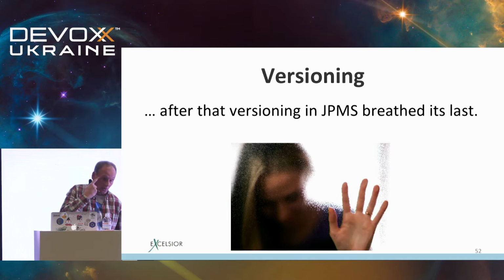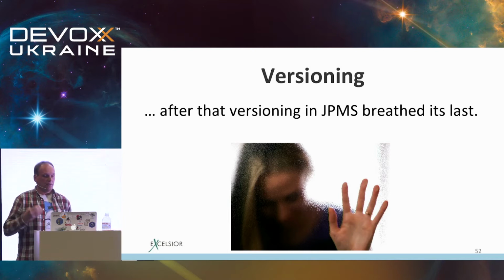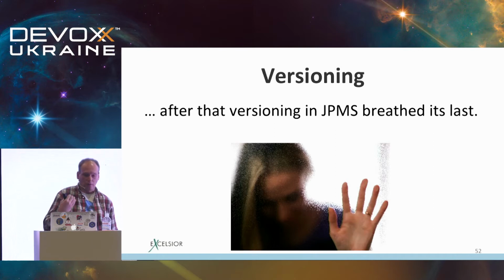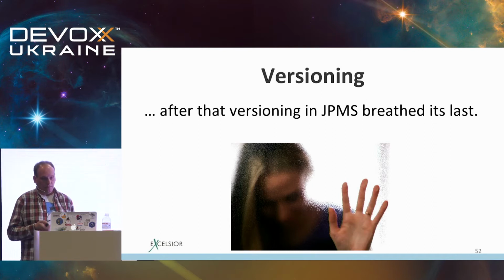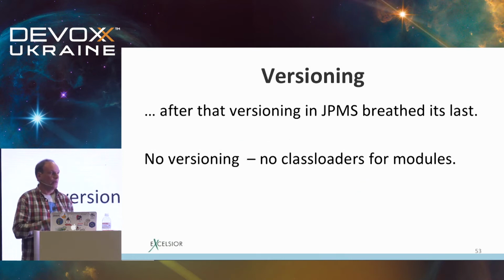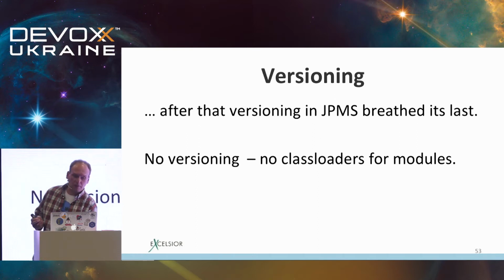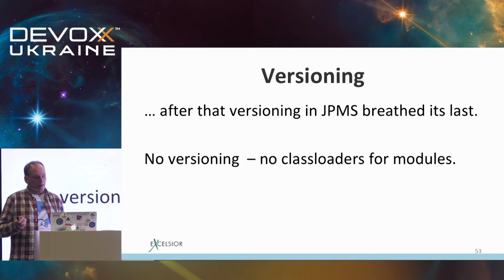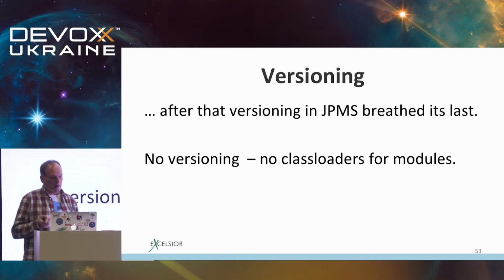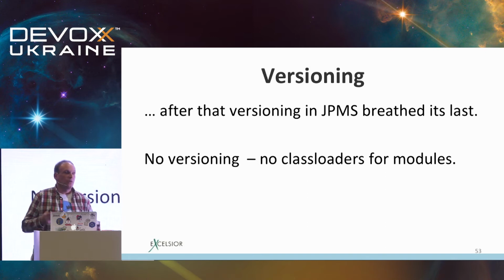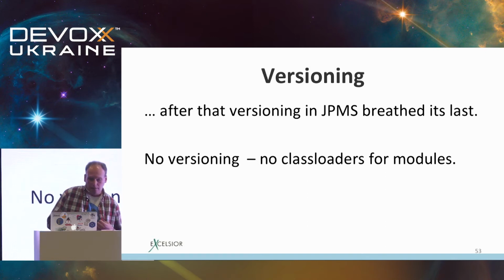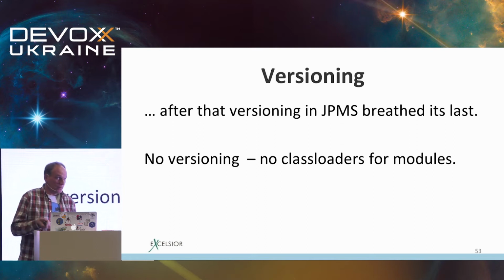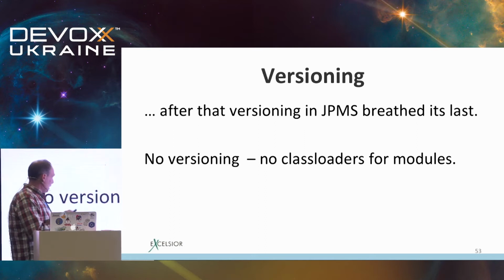Jigsaw architects could not allow introducing in the Java standard something that could lead to potentially infinite startup time, of course. And if there is no versioning, there is no need for class loaders for modules. And if there are no class loaders for modules, we don't have the class loader constraints violation problem, and no backward compatibility issues, because the set of standard class loaders remains the same as it was in Java 8, and the resolver becomes much, much easier. So all problems were solved, except the original one.